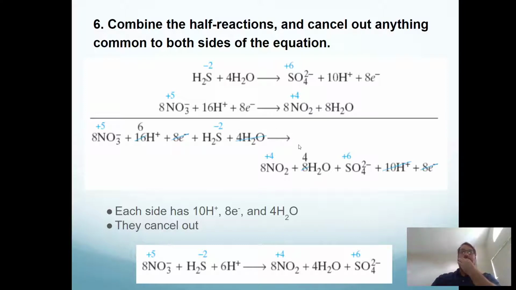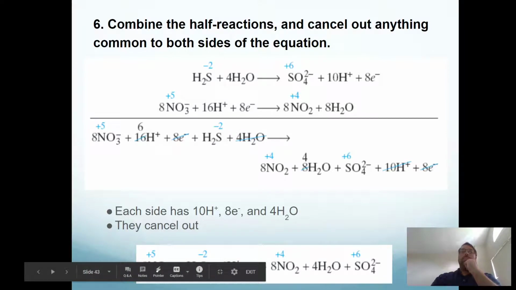So here on this left side, we have a lot of things going on. But we can first of all cancel out 4 H2O with the H2O that's on the right side. Okay. So we go ahead and reduce. We've removed 4 from this side, we'll remove 4 from this side. Okay. And then we can go ahead and remove 10 H pluses from both sides, which will leave us with 6 H pluses. And finally, our electrons will cancel, which is our main goal. We want to go ahead and cancel those electrons, which means that we'll be left with